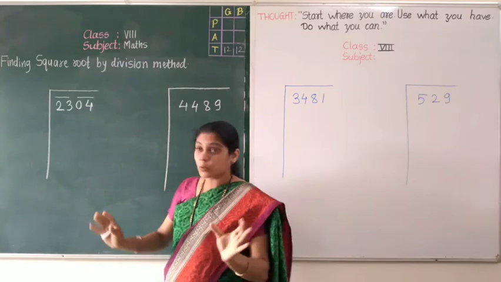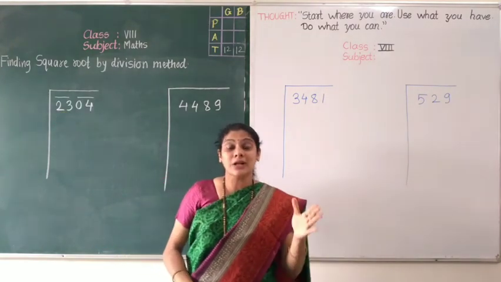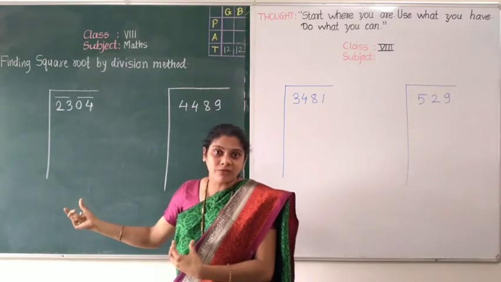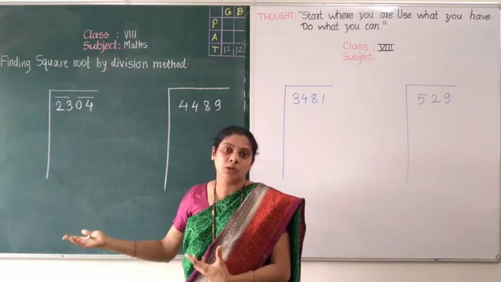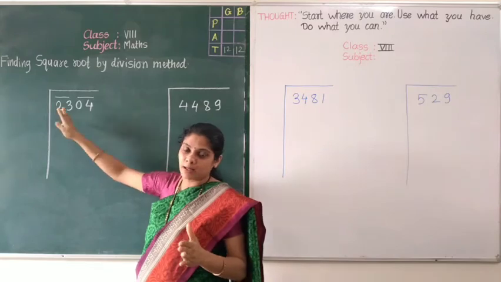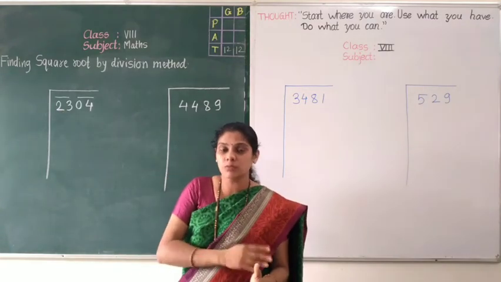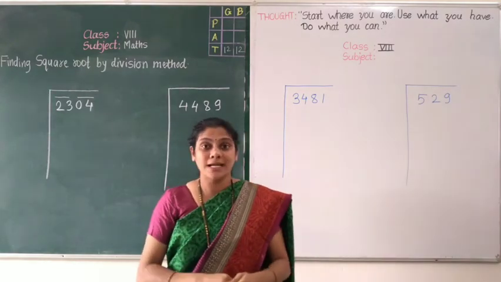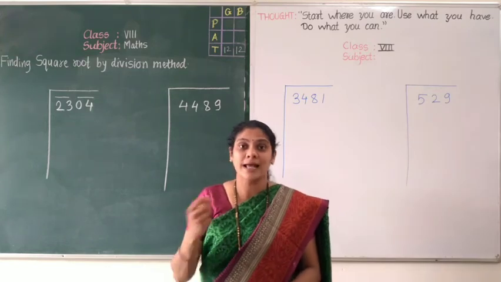Now my first group is 23. Now we have to recall all the squares of 1 to 9, to see whether the group of numbers that is coming is a perfect square or not. We know that 23 is not a perfect square number. So now we will take the predecessors of that number. 22, it is not a perfect square. 21, no. 20, no. 19, it is also not a perfect square.